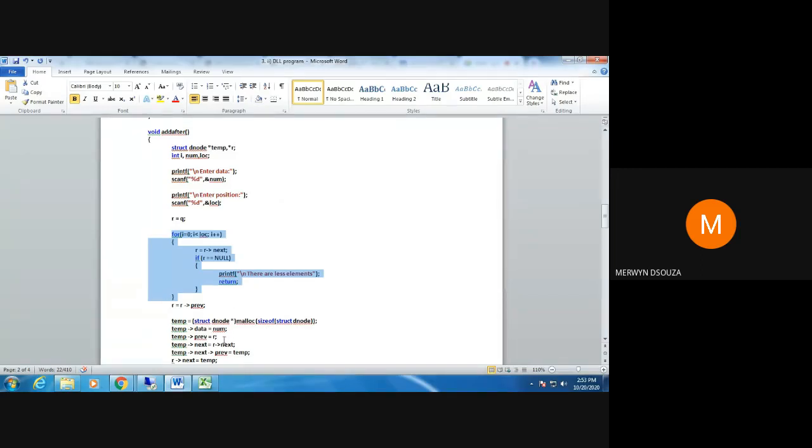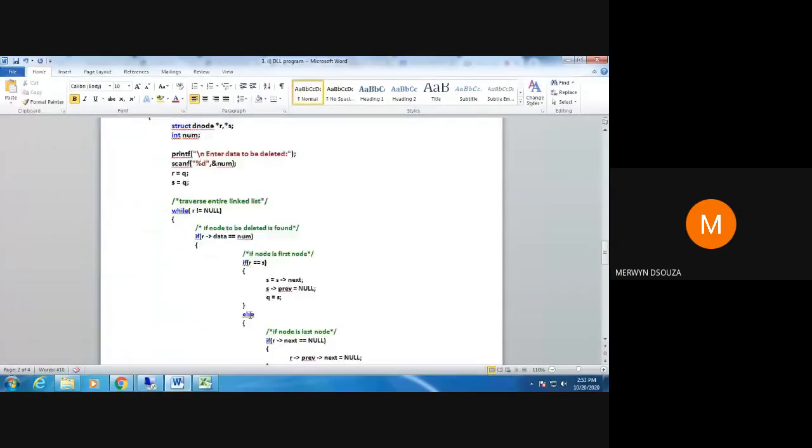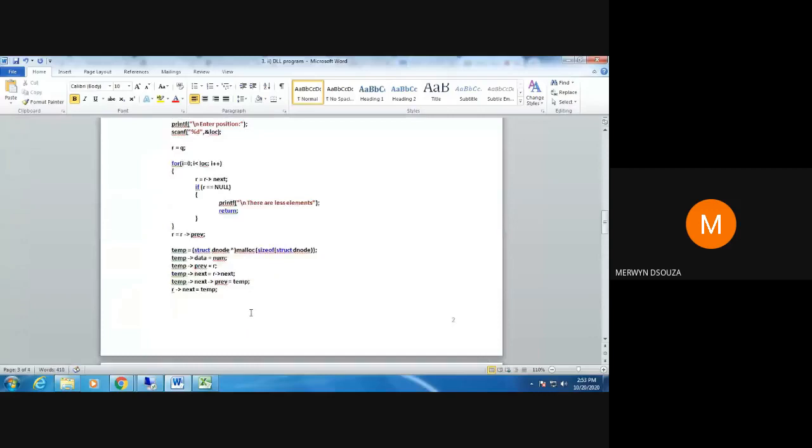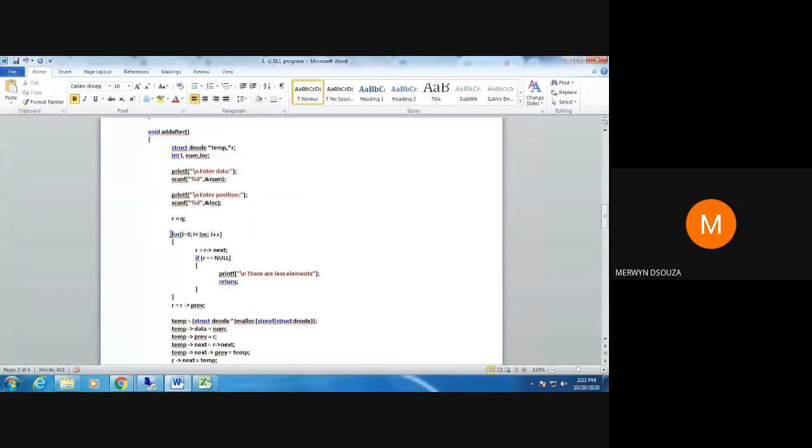You'll have to try that programming, and I want the entire class to try it, because you can do deletion in both ways. In the exams, they may ask you to delete by position, so you should know that too. You can try in your notebooks or on Visual Studio. Keep moving the pointer till you find your position.